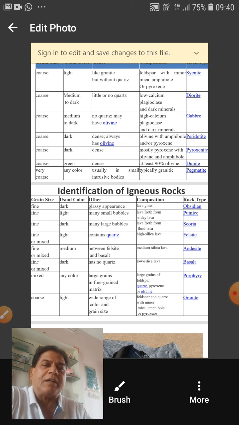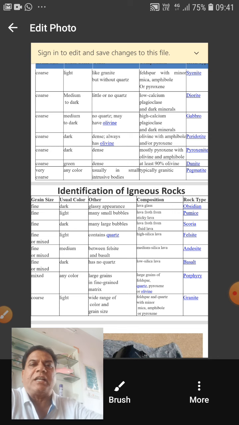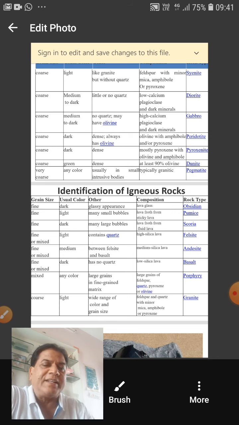Because after hand specimen study we go for thin section study and then the chemical analysis, and only then can we finally say with certainty the exact or precise name of the rock. But in hand specimen, because this is the first, or you can say the elementary step, you will write that on the basis of texture and the mineral composition the given rock in hand specimen may be. This is the fourth. And the fifth point that you have to write is about the genesis.